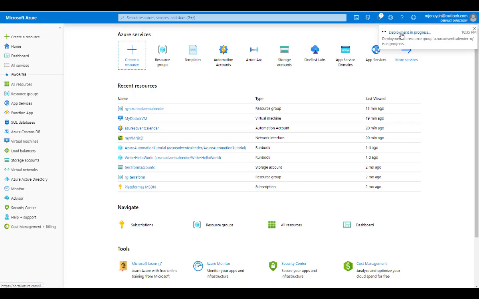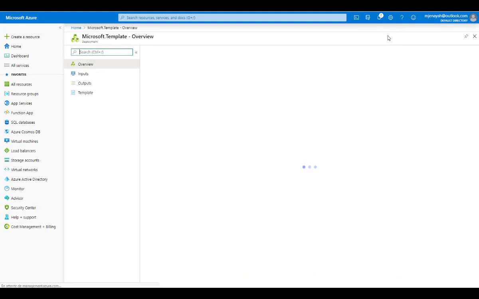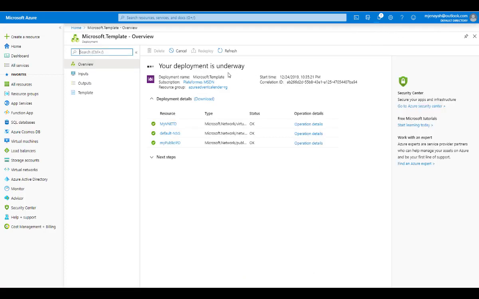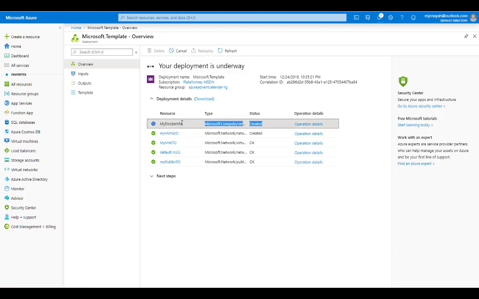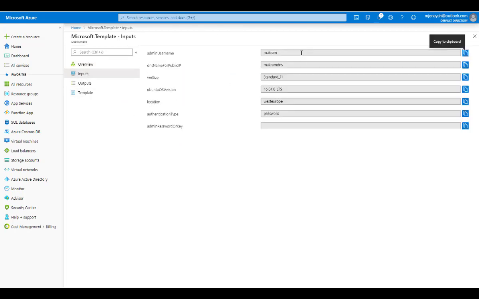And as you can see here, deployment is in progress. So as you can see, my deployment is underway. The public IP address has been created, the network security group, the VNet. And my Docker VM started the provisioning process. Here I have my inputs,